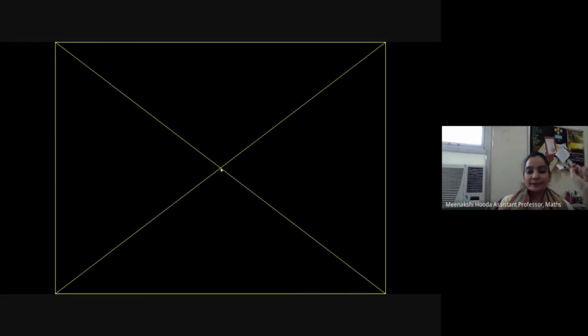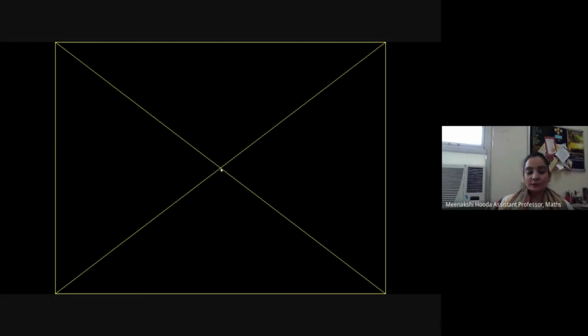So these are the diagonal lines. Then there were 4 commands. We had called the line inbuilt function 4 times, for the top line, the right line, the bottom line, and the left border of the screen. So this is how these lines will be drawn on the screen.